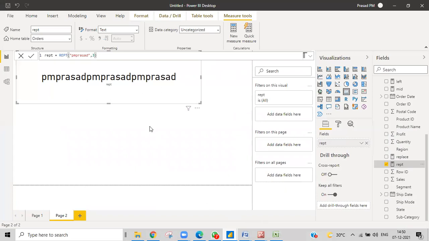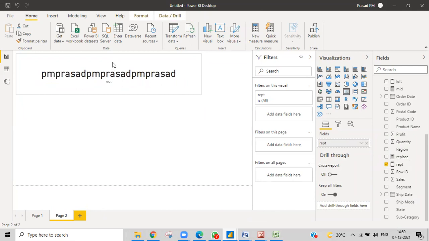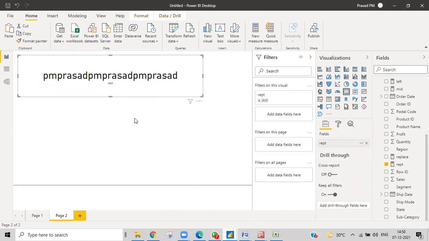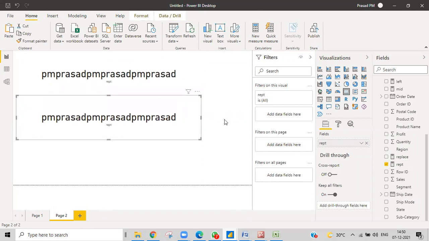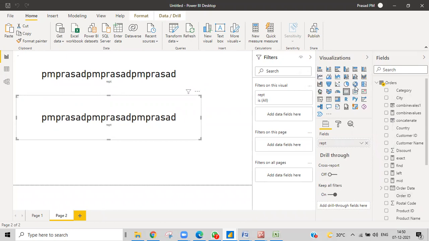We can make a lot of examples using this. After that, I'll make it a measure and then substitute.